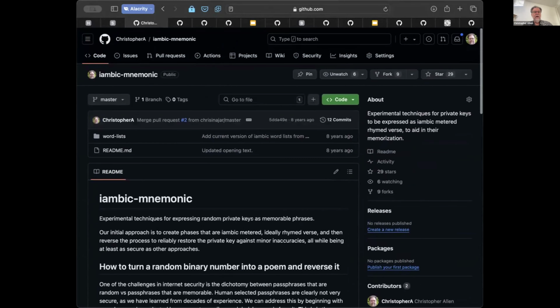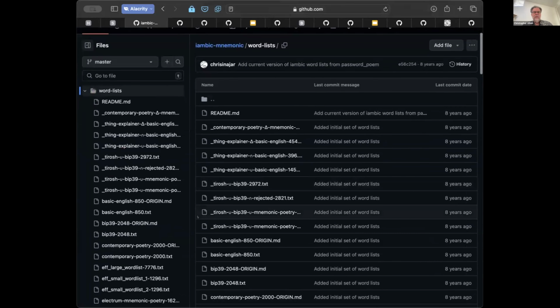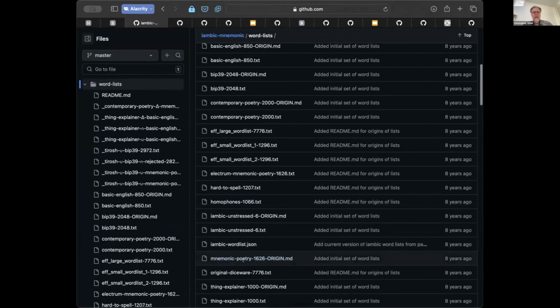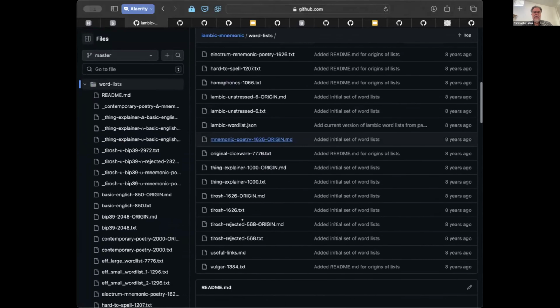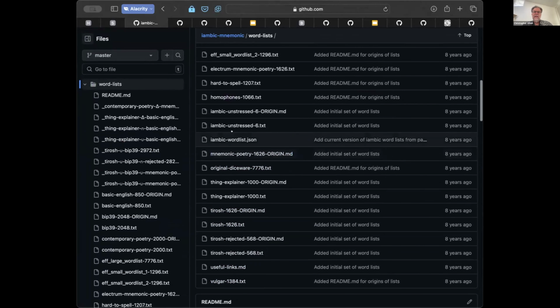And actually, we also have in the same repo a little Python app that converts things into memorable poetry. And I was able to derive there, for instance, how to do iambic meter, which is obvious there, but also some of these word lists are things that are